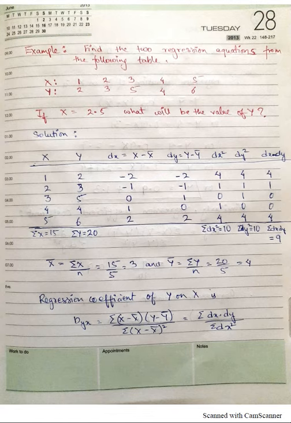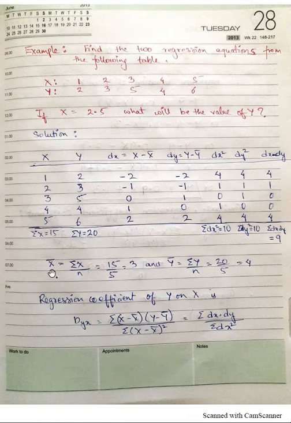So as always, what we will first do is put down the values of x and y as given in the question. X is 1, 2, 3, 4 and 5, y is equal to 2, 3, 5, 4 and 6. Our first step, we need to find the mean, that is x bar and y bar. So what will we do? We first find summation x. Summation x is the addition of all the values of x: 1, 2, 3, 4 and 5. We add, we get summation x as 15. 1 plus 2 plus 3 plus 4 plus 5 is equal to 15.